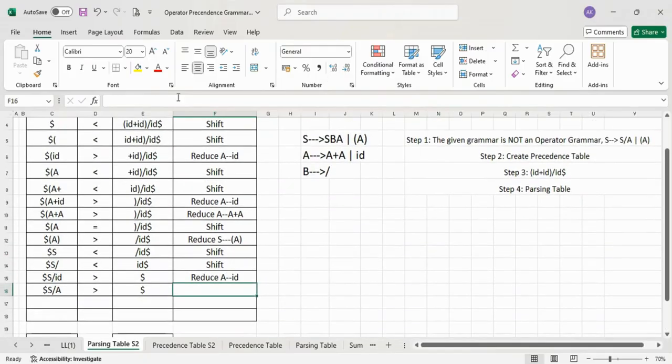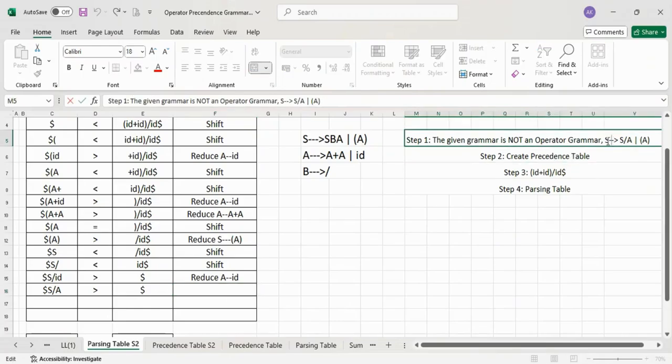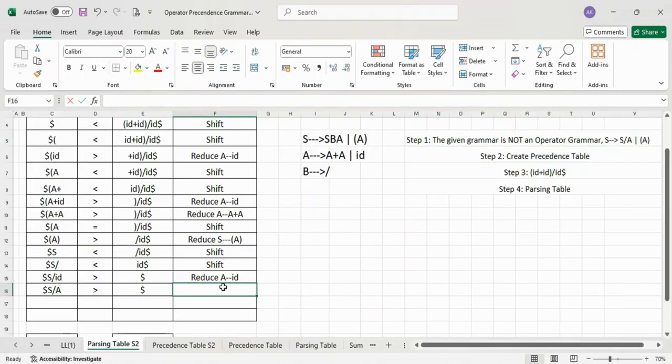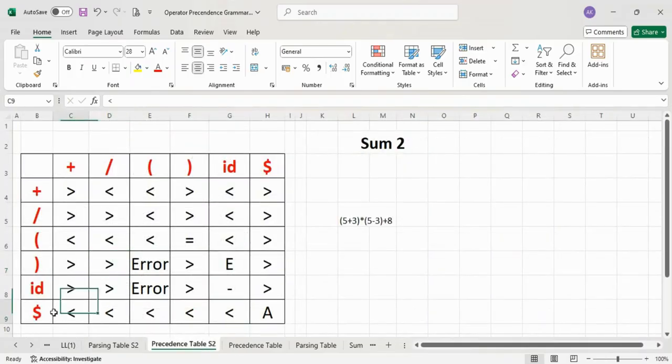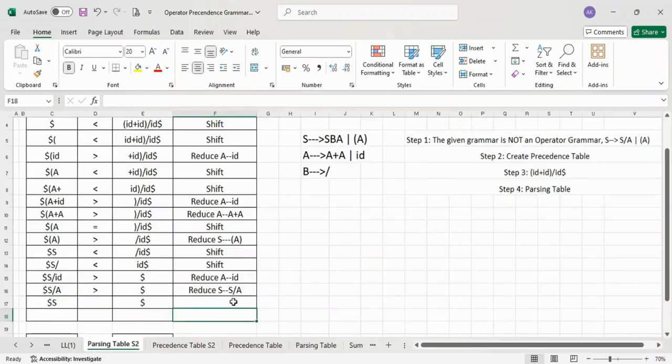If you just observe here, the grammars were updated. So this grammar rule I will be using. It is reduce S giving S divided by A. Thus my stack will be updated. S divided by A is replaced with S. I have dollar over here. Now I compare dollar dollar. If you remember, dollar dollar, when compared, I say that the string is accepted.